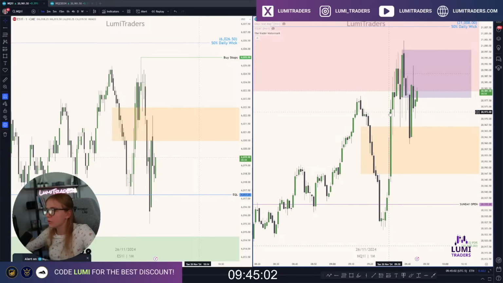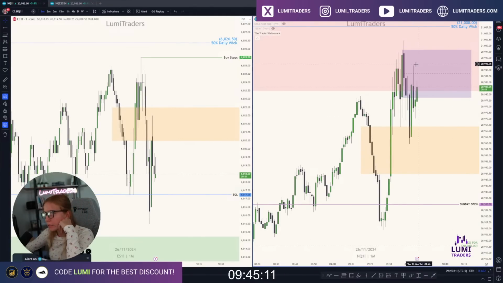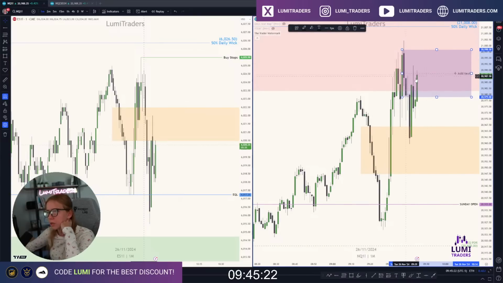Yes, exactly. Right now, we're inside the daily manipulation level. So basically, reaction from daily manipulation only on NQ, not on ES. I highlighted this OB, and specifically I highlighted 50% of this OB. Why did I not include this week? In my opinion, a huge week doesn't make sense to consider as OB. I would like to consider this part. I'm going to invalidate this OB once a 1-minute candle can break above 50% of this mean threshold, and then continue going higher.